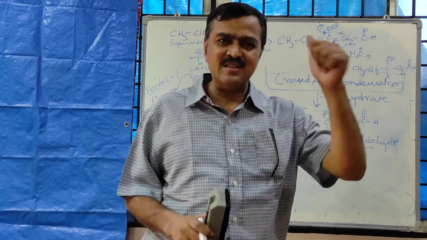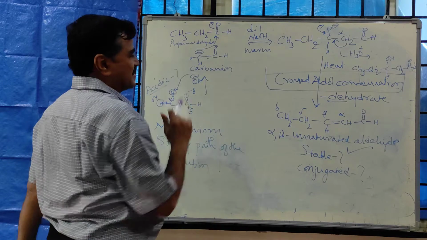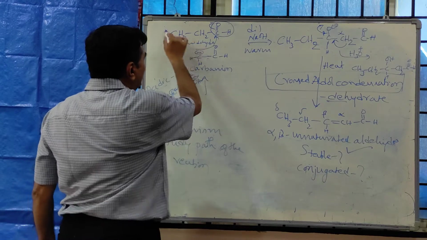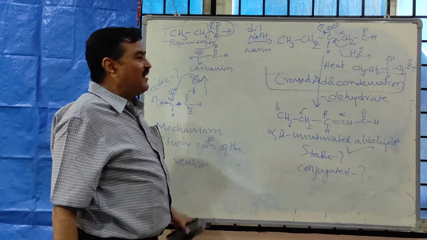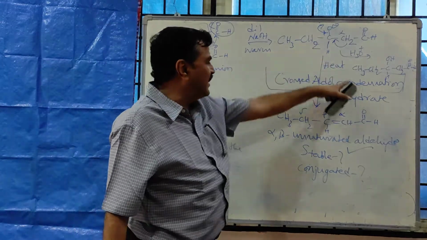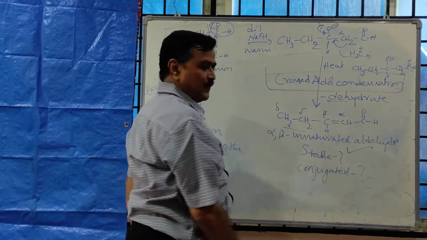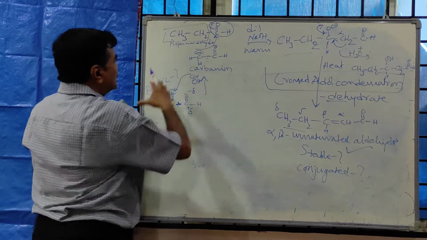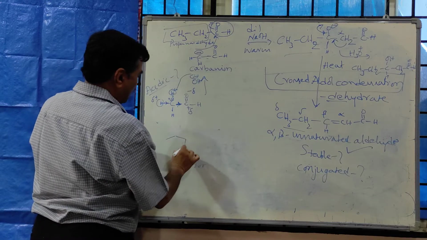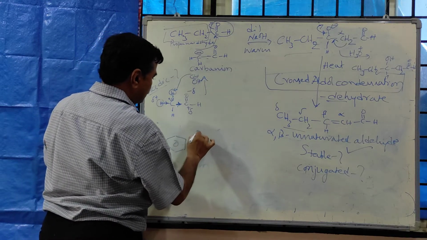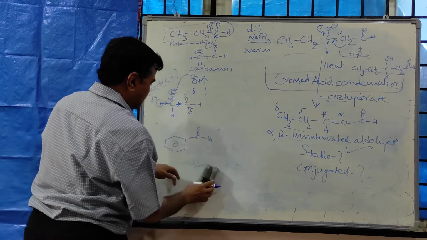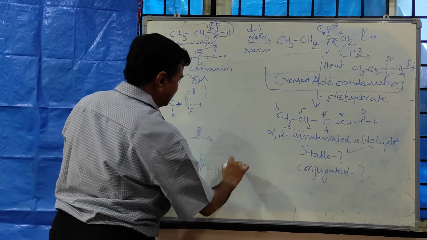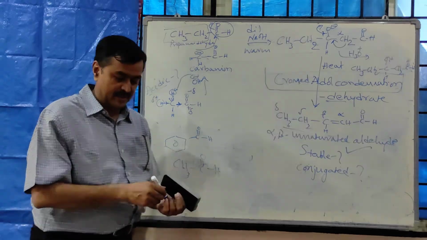Clear? Then the question that arises is, if this is the case, here what happened? Only this part is reactive, and this is not a reactive component. It is not involved in any of the steps. Here no, here also no. If that is the case, is it possible for me to take, instead of propanaldehyde, benzaldehyde and treat this with acetaldehyde, CH3CHO? If I take this, will the reaction take place? Tell me that, I'll come back.